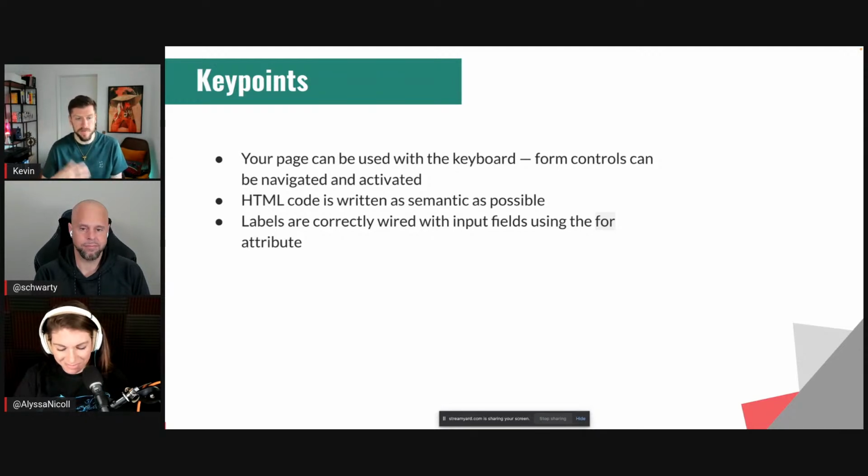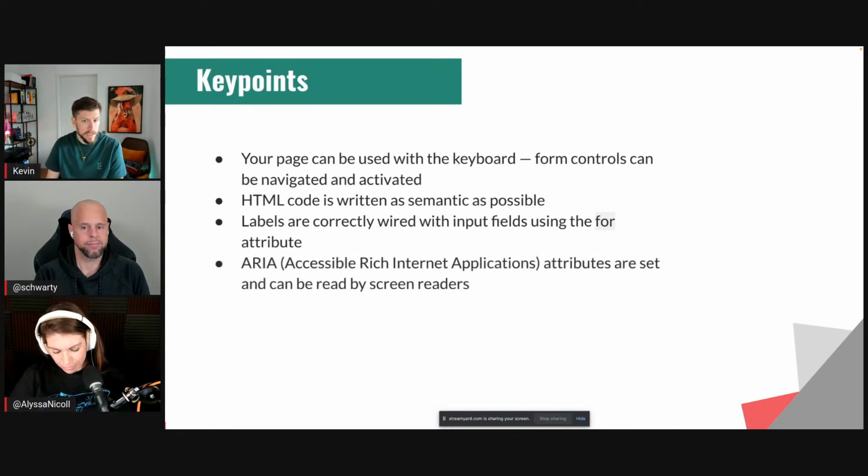Try to check especially forms, because forms are something where people can really get stuck. Imagine forms are such a basic part to get data or to register yourself in an application, and therefore you should always take care that labels are correctly wired with the input fields. That's what we saw when we were checking the feedback component. If you cannot use for attributes, you can use the ARIA tags, which are Accessible Rich Internet Applications tags, and they are set on various elements and then can be read by the screen reader.